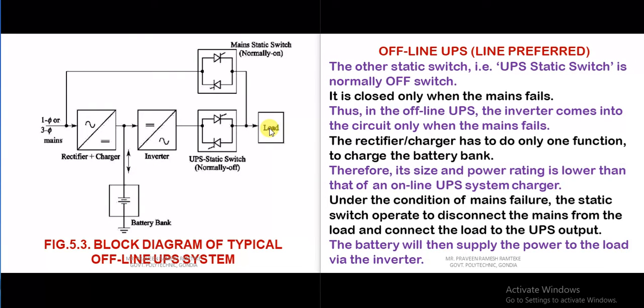via the inverter. If the inverter is not used, then what will the power be? The power will be DC, but generally our load is AC. So how will we get the AC voltage? With this inverter. This inverter is going to convert the DC voltage from the battery to the AC voltage, which is required for the load.